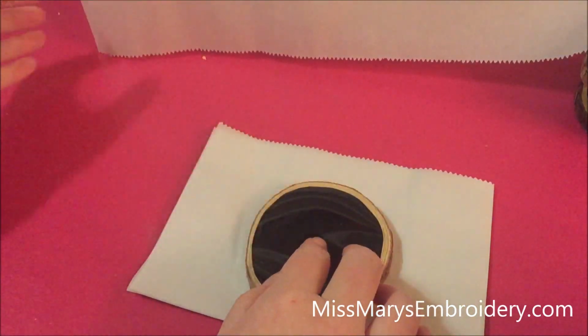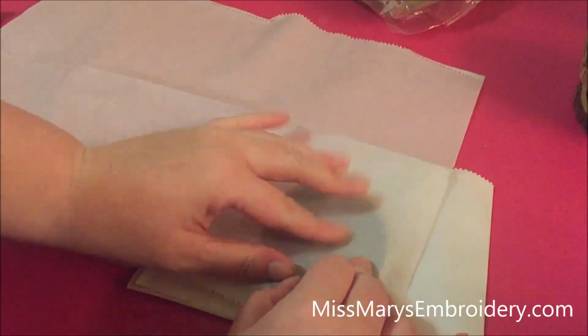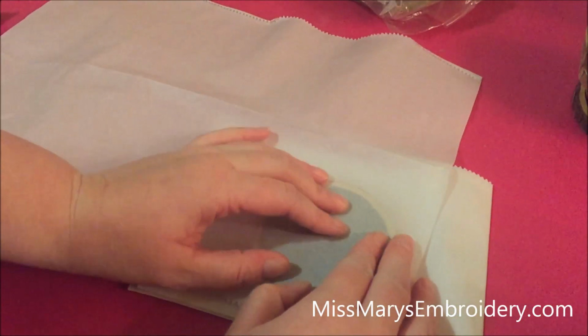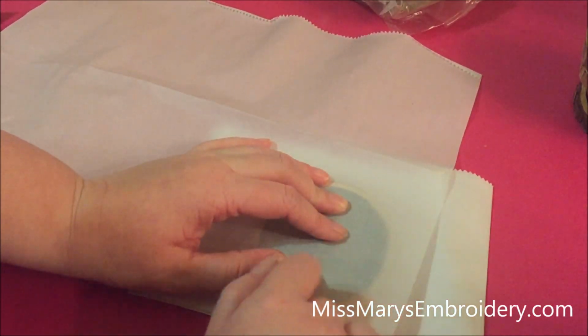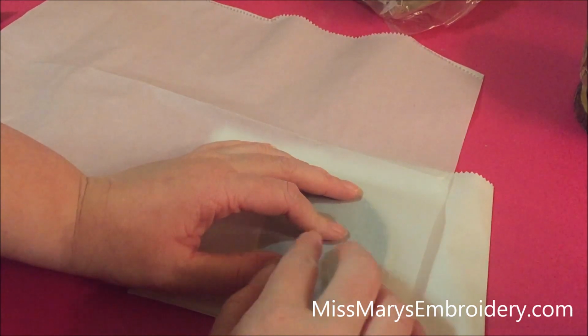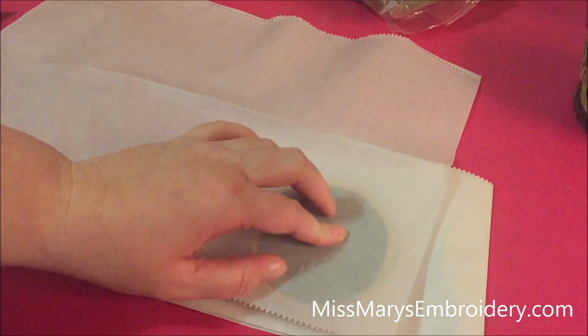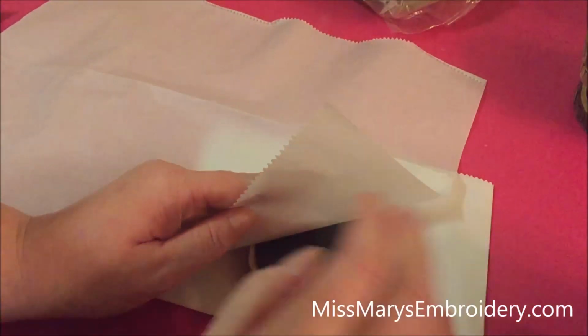So you're going to put it underneath it, and then I just put one on top, more just to be careful, because you can melt this accidentally. If you just really hold the iron, you can melt, especially smooth HTV. The glitter is a little bit harder to melt, but just in case, to protect your iron. And then when my iron's all the way turned on, of course it popped up,